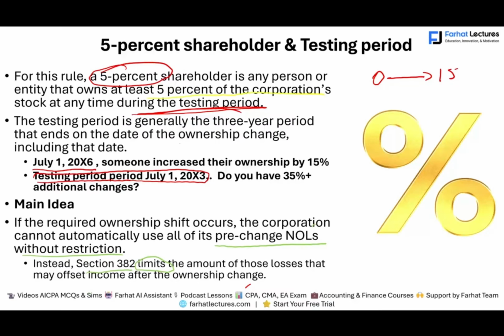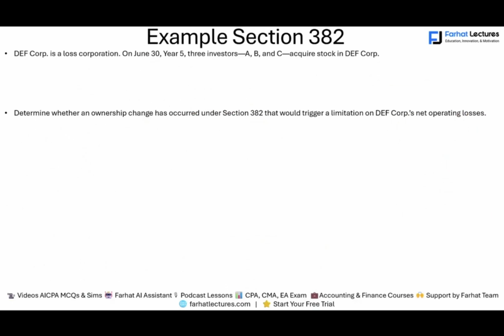Now, to make more sense, let's look at a few examples. Let's assume DEF Corporation is a loss corporation, incurring losses. On June 30th, Year 5, 3 investors, A, B, and C, acquire stock in DEF Corporation. Okay, so it's a loss corporation. Investor A increased their ownership from 8 to 18. Do we count Investor A? And the answer is yes, because Investor A has more than 5% ownership after the change, and the change